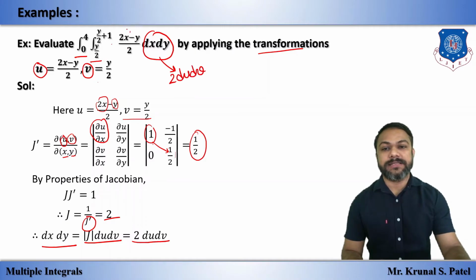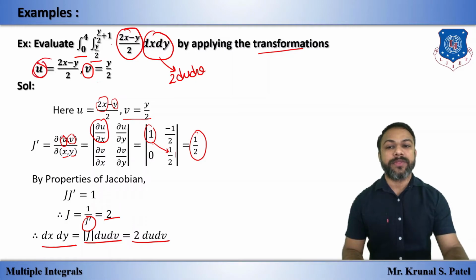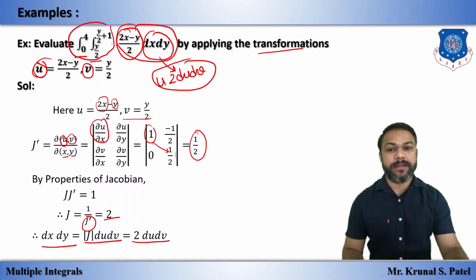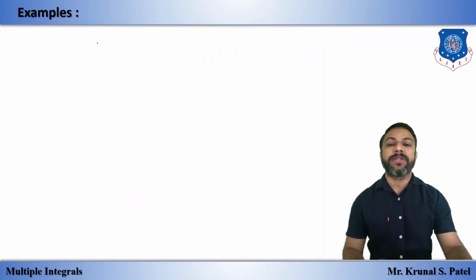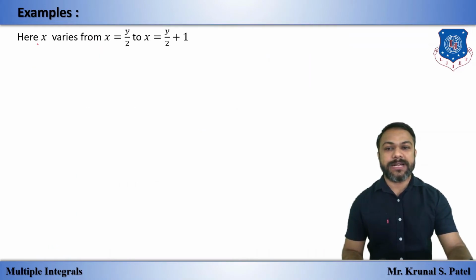Now we will convert the integrand, which is given as u, so this becomes u. So we have already converted this part. Now we just have to change the limits. So how will we change the limits? Let's start. The inside limit is, as I told, in the form of y, so it is the limit of x. So x varies from x = y/2 to x = y/2 + 1, and similarly for y. First we will start with x. x varies from y/2 to y/2 + 1. By simplifying this, we will get 2x - y.